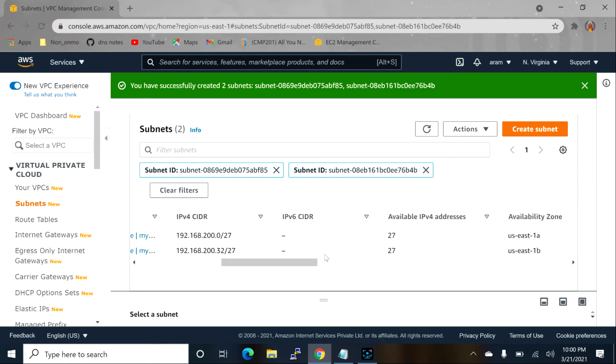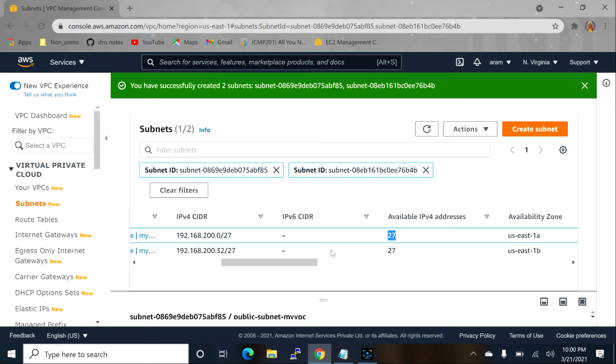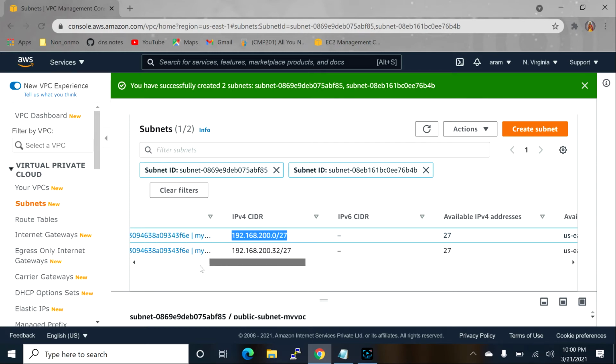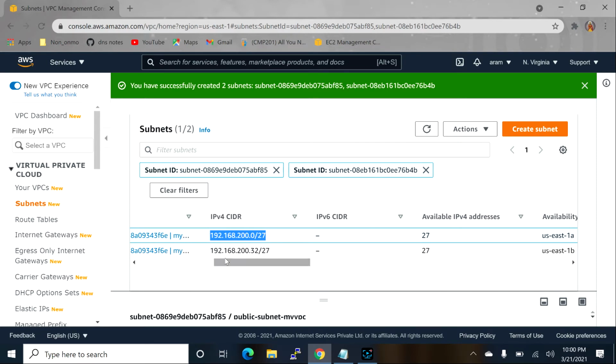So just count down, see available IPs are 27. Okay, so when you are creating a virtual machine using this subnet, this IP count will reduce one by one. If you have 2 instances using these subnets, it will show 25 only. So here you can identify how many free IPs you have. Right now 27, so there is no instance right now on this machine. Okay, so a simple calculation, just go to your subnet and check which CIDR it is using. So 27, so 32 minus 27 is 5, 2 to the power of 5 is 32, 32 minus 5, 27. So the same value, so none of the instances are created in the subnet, very simple.